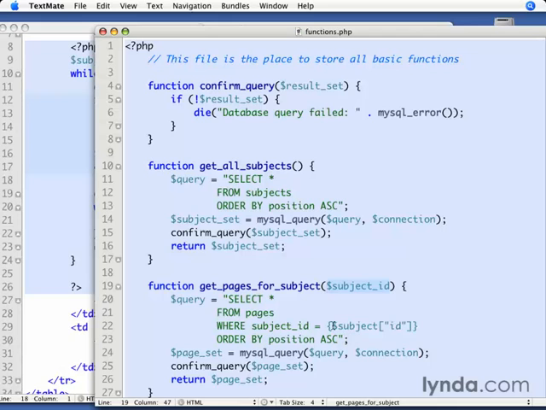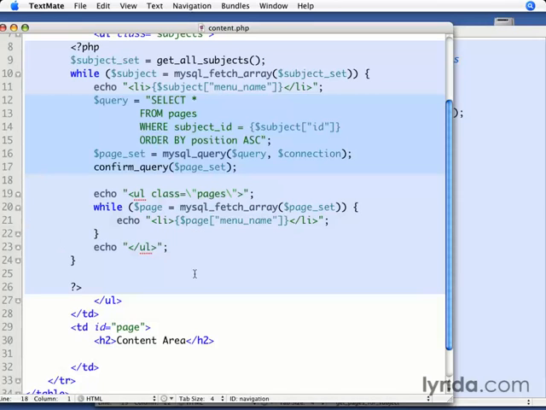So our code is not completely reusable. We're going to just need to make this one change here and make the subject ID be our argument now instead. So take a look at that, make sure you understand it. We'll need to go back and actually catch this back in our other code, catch the return value. I'm just going to copy the function name. I'll switch back over, and now we're going to need page set is going to be equal to the function, and we'll have to pass in a value to that function. The value we want to pass in is right up here. It's going to be subject ID, so we'll pass that value in,